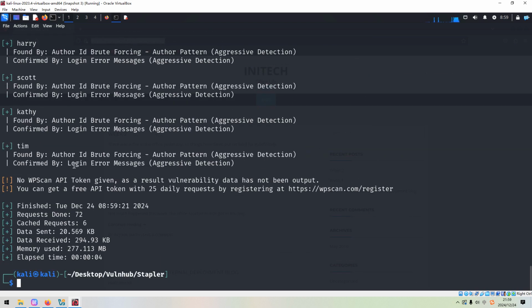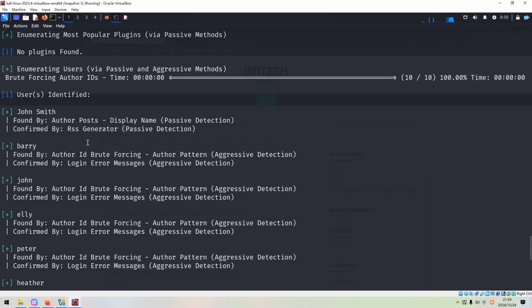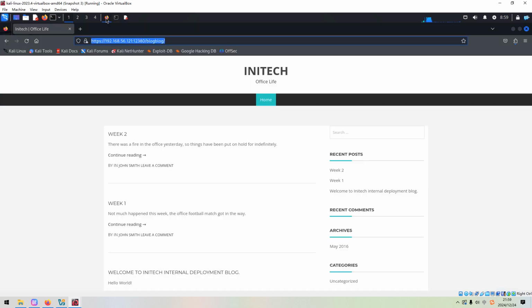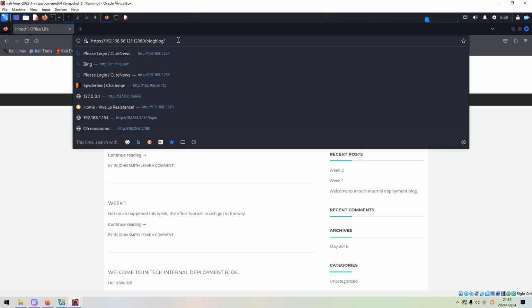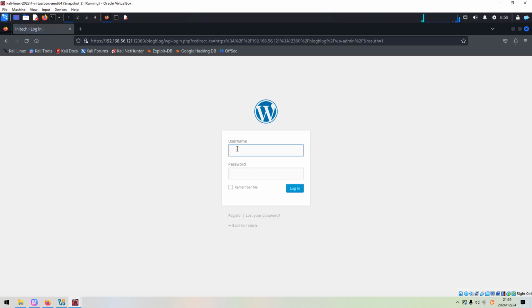And as you can see, WordPress again has already identified the usernames, although sometimes identified usernames are not correct. For example, this one, even the space between two words. So in most cases, these usernames are not valid. If you want to check, you can go to the admin dashboard to check it manually.